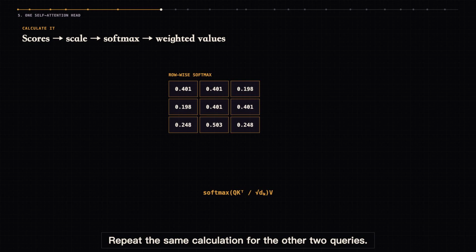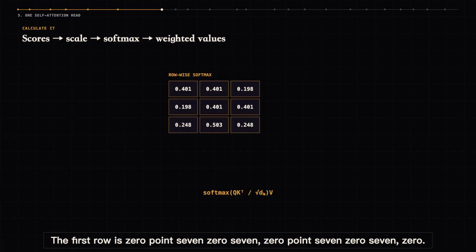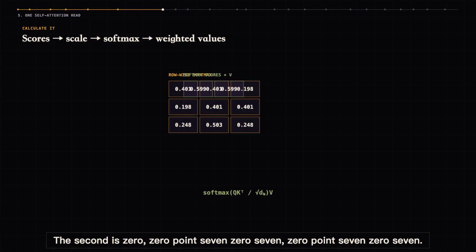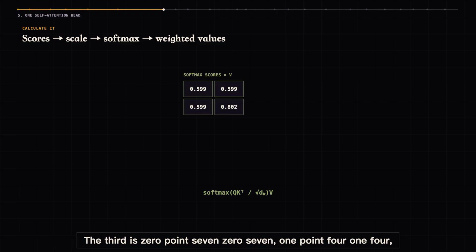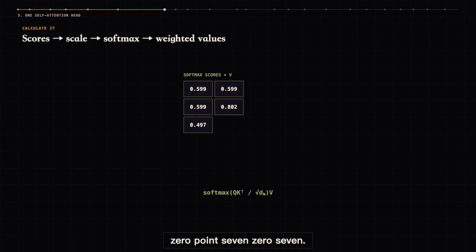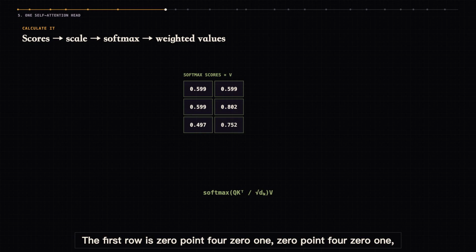Repeat the same calculation for the other 2 queries. The full scaled score matrix is: the first row is 0.707, 0.707, 0. The second is 0, 0.707, 0.707. The third is 0.707, 1.414, 0.707. After row-wise softmax, the weight matrix is approximately: the first row is